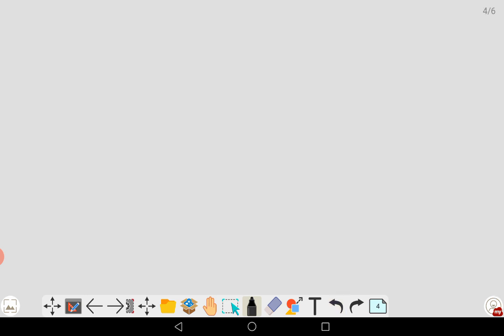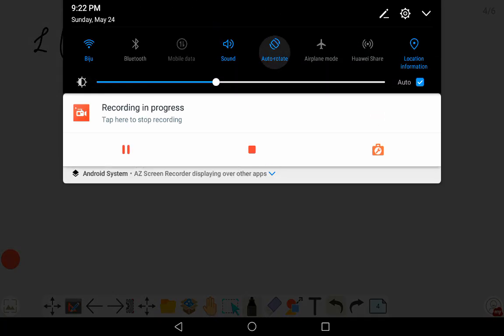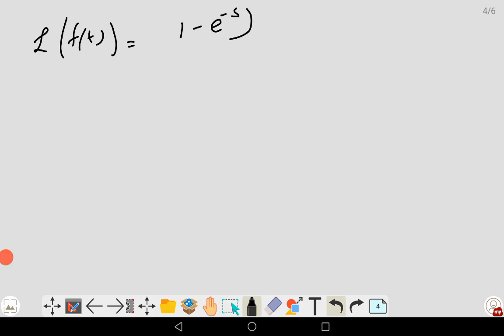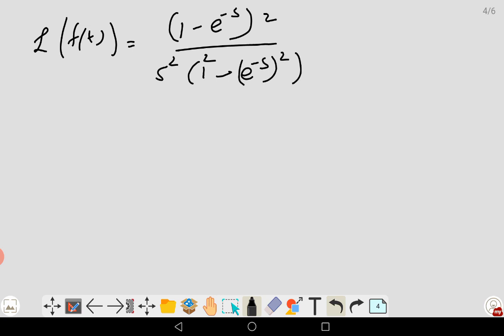Now the next step, we will write Laplace of f of t. You will write 1 minus e power minus s whole square divided by s square into 1 minus 1 is 1 square minus e power minus s whole square, to get the form a square minus b square. The numerator 1 minus e raised to minus s whole square can be written as 1 minus e power minus